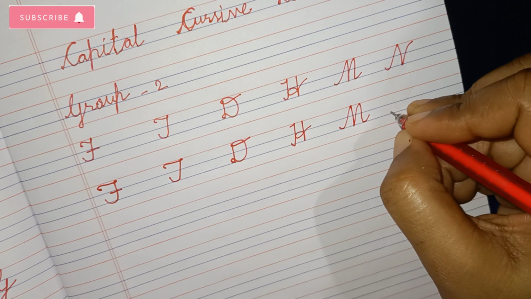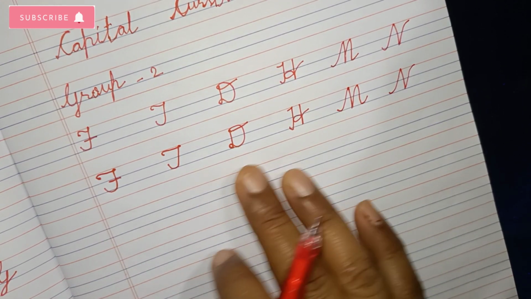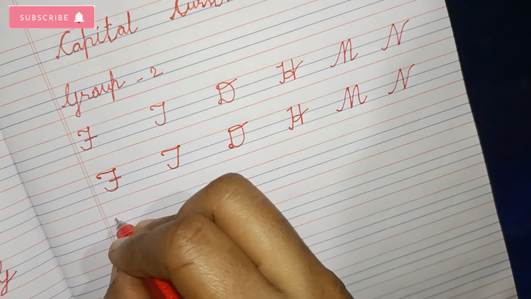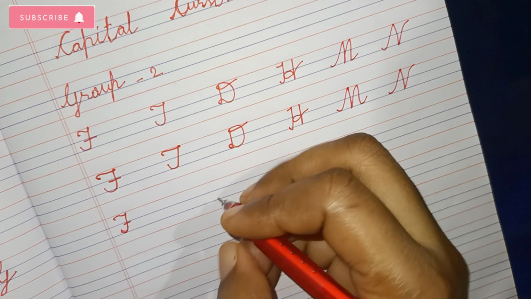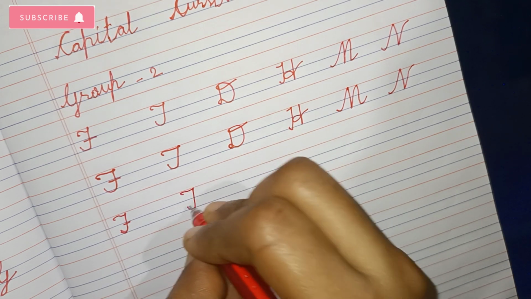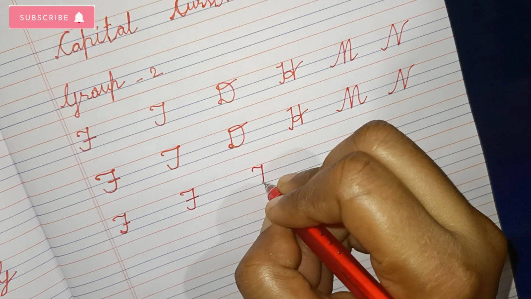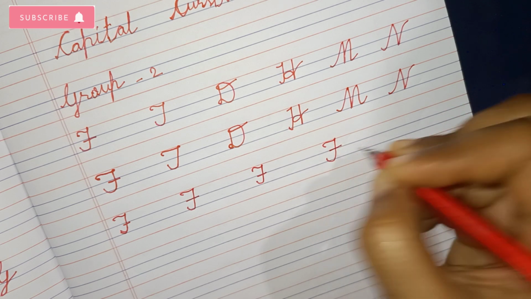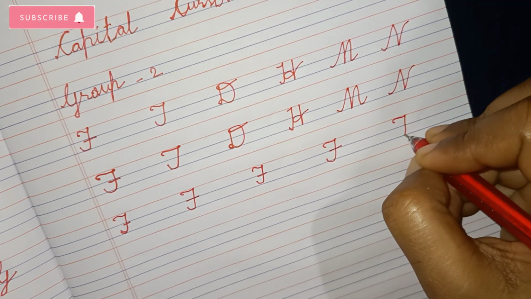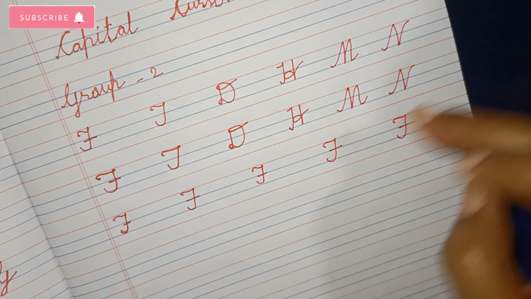Okay, and N will be like that. Now let's do practice of each letter one by one. As I told you, as much as you practice, you will get to know all the things properly. So in cursive letters, in any letter, in anything, you need to practice. Do practice many times. Okay, so we'll do practice of this F many times, like 4 to 5 times, as much as you can do, you have to do.